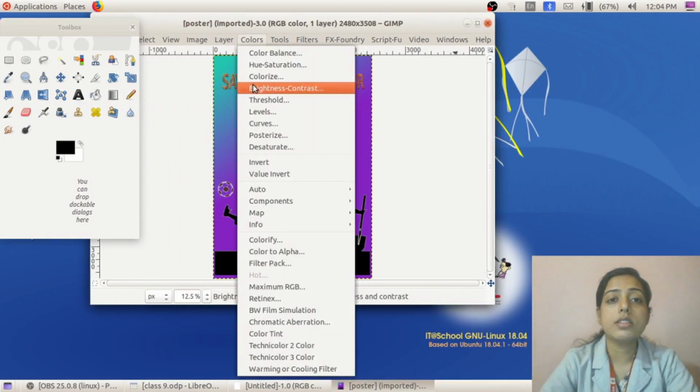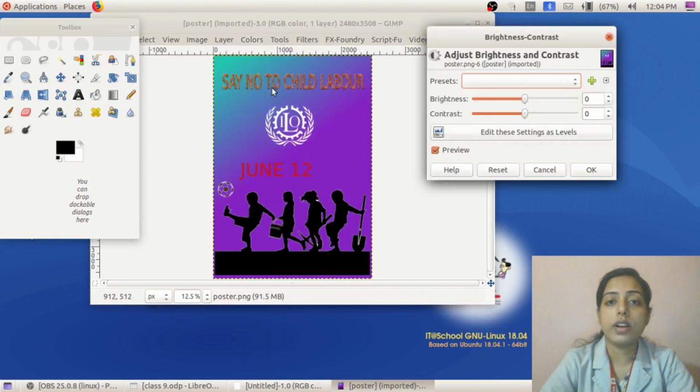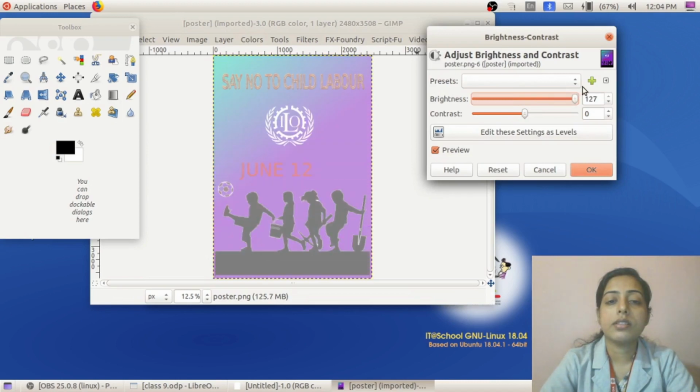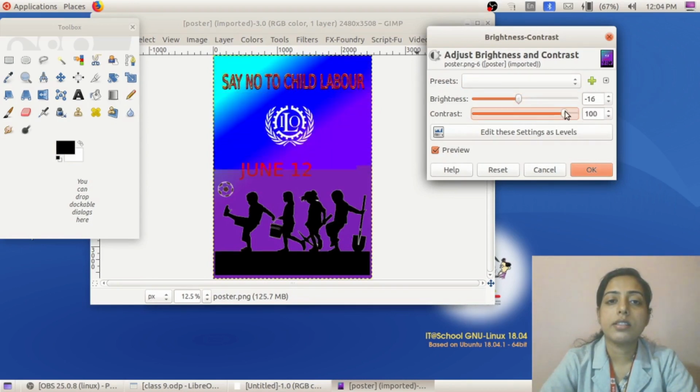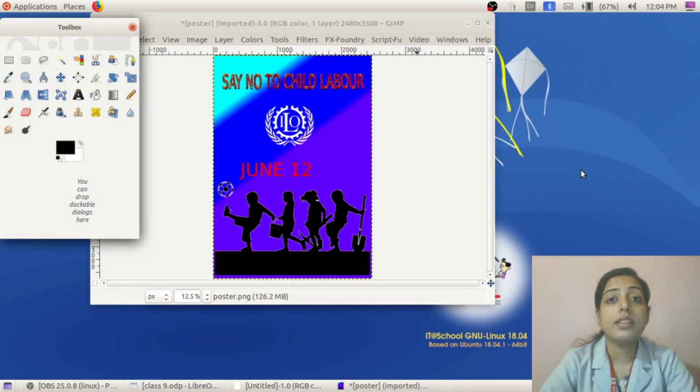Click on colors, brightness and contrast, and adjust. See the difference? Adjust the brightness like this. See, like this we can adjust the brightness and contrast of a poster. So this is the next activity.